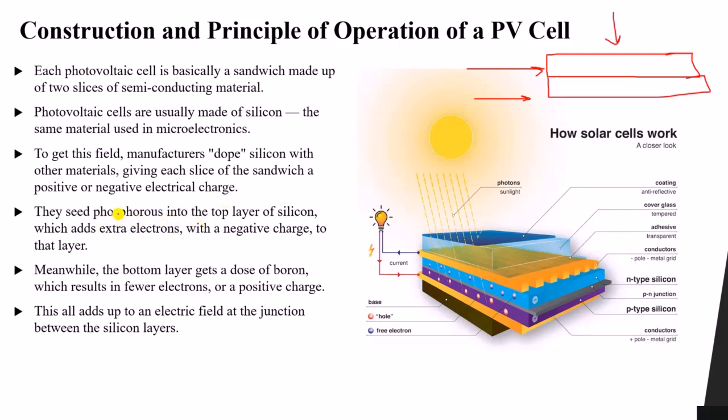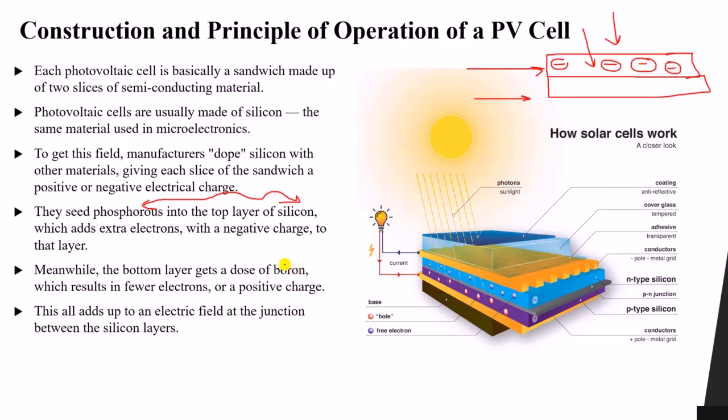Now phosphorus starts making bonds with the silicon. When we inject phosphorus into the silicon, it forms bonds with silicon, and you will find that we have extra free electrons. So in this layer we will have extra electrons, due to the composition of the phosphorus itself. So we will have negative electrons, an excess number of electrons.